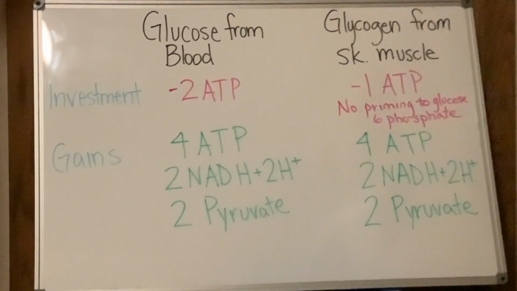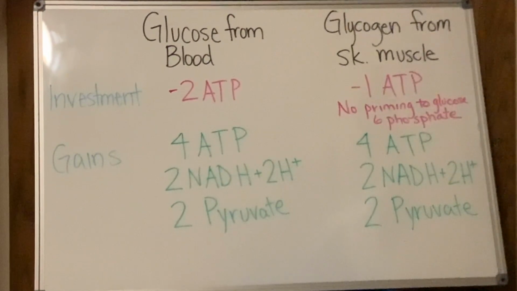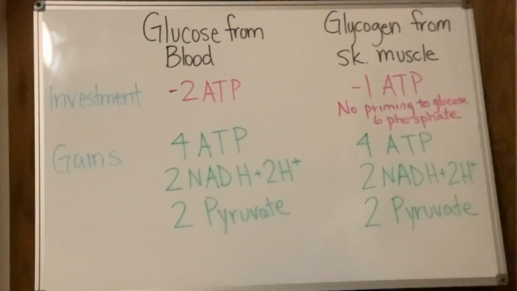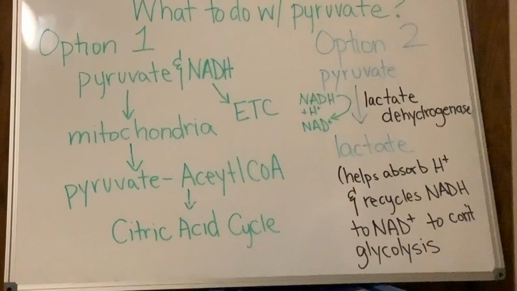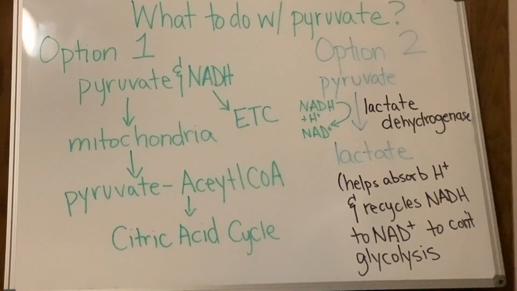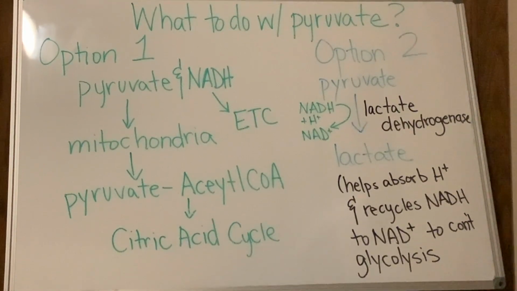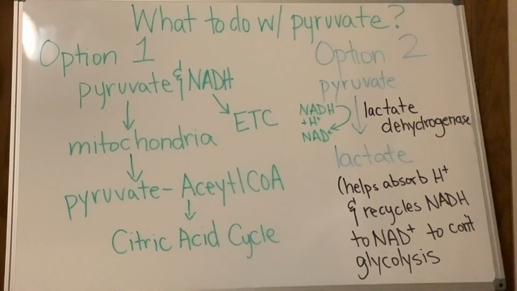If the glucose came from muscle glycogen, we net 3 ATP molecules, 2 NADH molecules plus 2 hydrogen ions, and 2 pyruvate. In option 2, or fast glycolysis, the pyruvate is either unable to enter into the mitochondria for some reason,